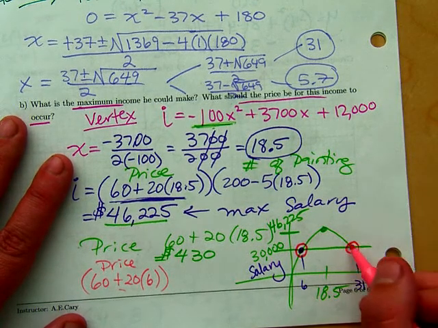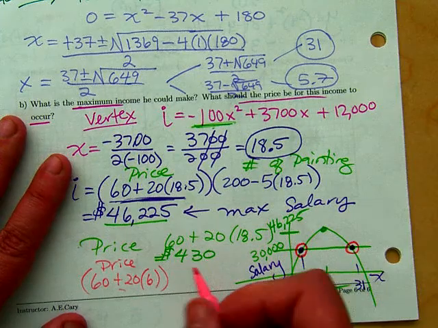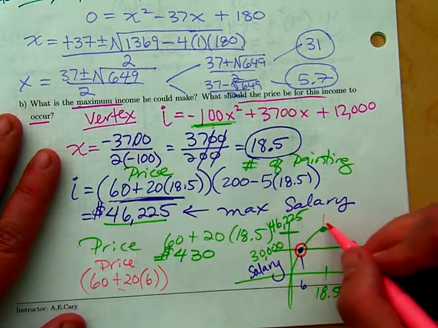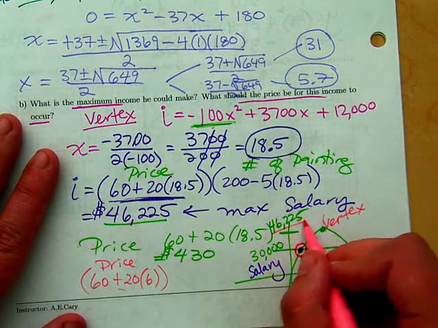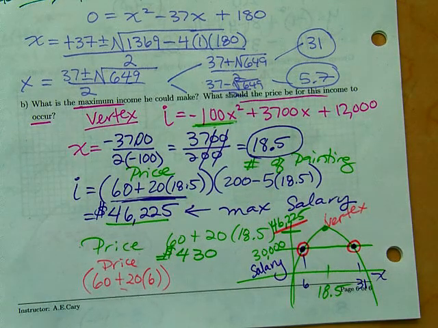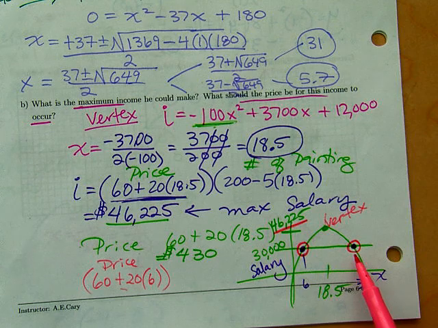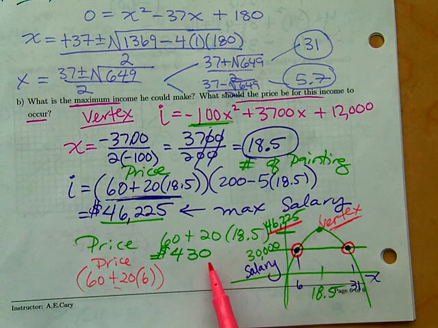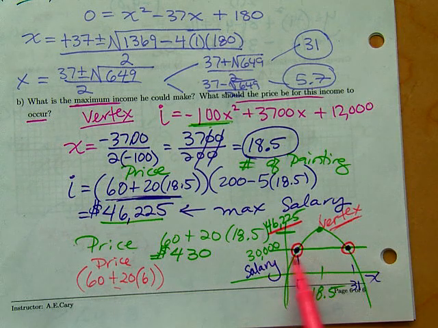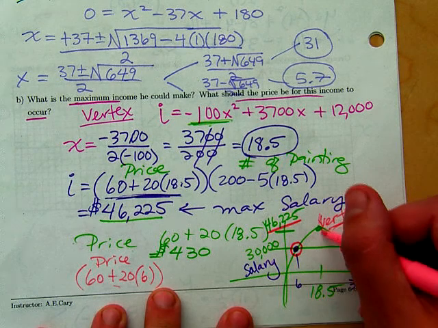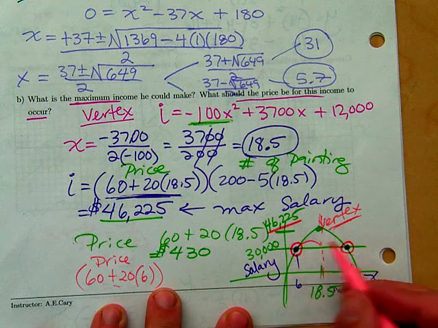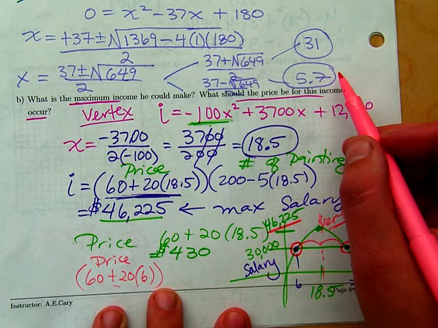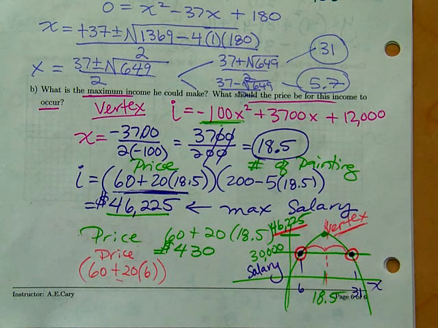Or he's going to increase it 31 price points. But what happens is he reaches this vertex, this maximum point. Wouldn't you rather make $46,000 than $30,000? So the point is, if you increase the price too much, you lose customers. The sweet spot is going to be that vertex. You see what I'm saying? But there should be symmetry around the 18.5. I don't know exactly if there is. We'd have to do the math, and I rounded. Okay? All right. Okay. So you can